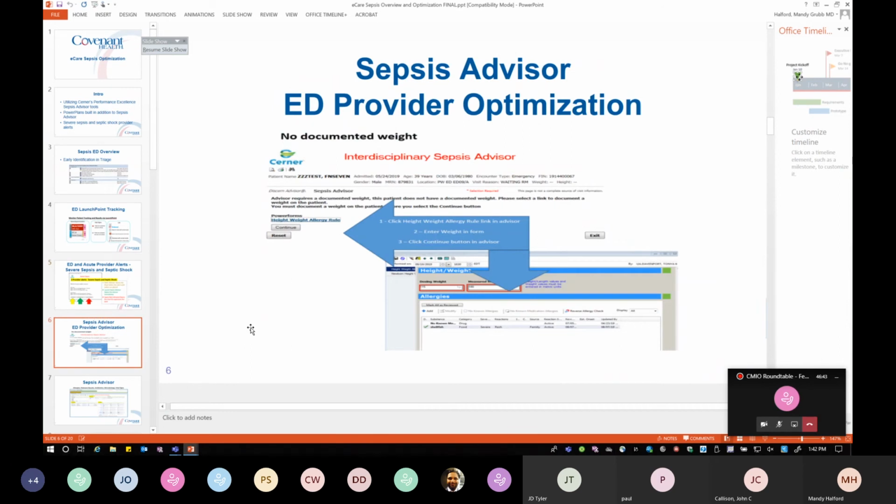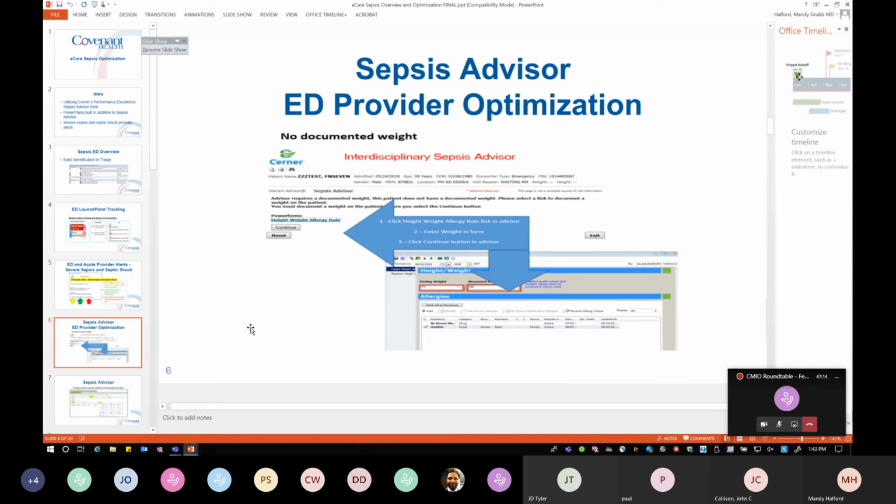And I think, to echo Dr. Halford's point, the learning curve to learn to use both the sepsis advisor and the VT advisor were both pretty steep. And so there was just so much information coming in for everyone about learning to use Cerner that it takes a focused use on those advisors to go through the steps to get them to flow appropriately. So a lot of people got frustrated with that and would just cancel out, right? And so, again, it's one where,